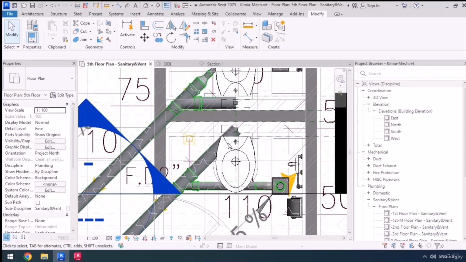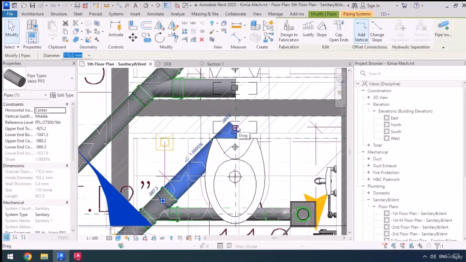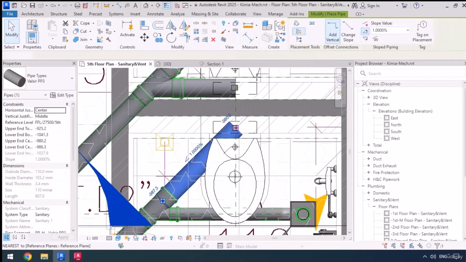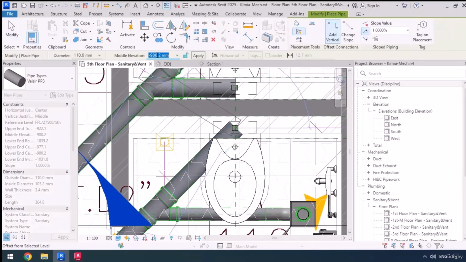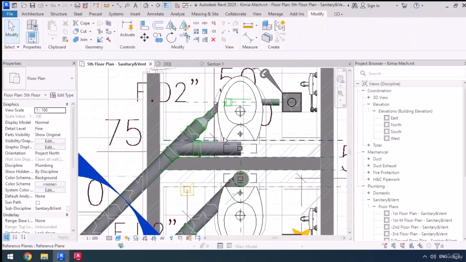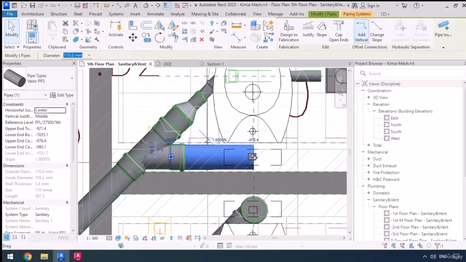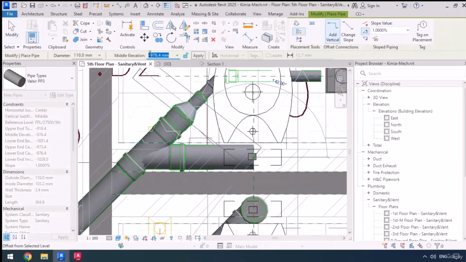We can also see that more clearly over in this image where we've got the connection for the sewer pipe. So to model that, all we need to do is to right click on here, select draw pipe, and just raise the pipe upwards. So for the elevation, I'm going to make it 0, then click apply twice, and that's it. Now I'm going to do the same thing for this one as well. Right click, select draw pipe, and then I'm going to raise the pipe up to 0 elevation, click apply twice,